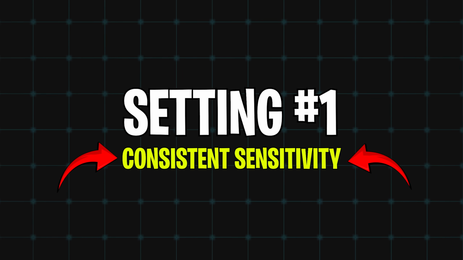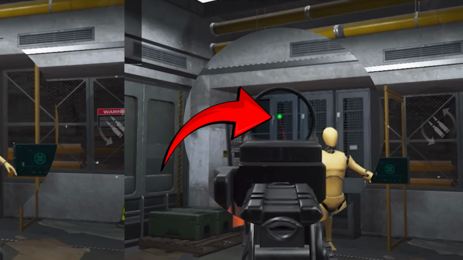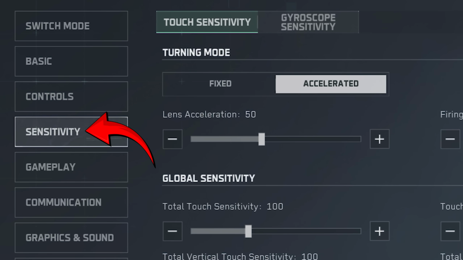Now the first thing you have to do to fix your sensitivity is change the setting that makes your sensitivity more consistent. If you have been playing this game for a while, then you might have noticed that your sensitivity is acting different on every match you play, which is a pretty big problem. And this problem will make your aim bad and make you lose a lot of fights, which is not something that you want to deal with, and that's why you have to go to your sensitivity settings and change your